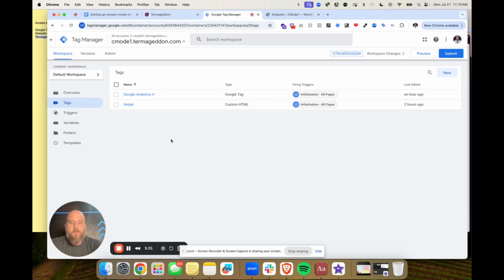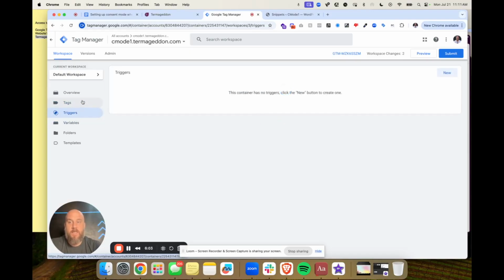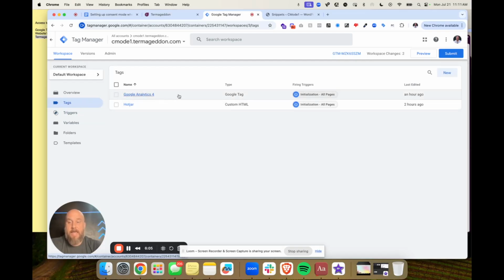So Google, when releasing consent mode, released basic consent mode and advanced consent mode. What that basically means is, when you're firing Google related scripts through Google Tag Manager, think Google Analytics, Google Ads, Conversion Linker, these things that are owned by Google, you have a choice you get to make. You can go the basic route, which is the most privacy friendly route, which involves creating variables and triggers, which